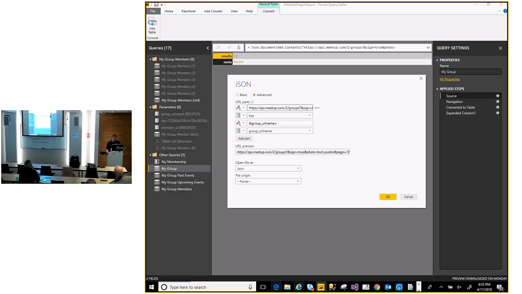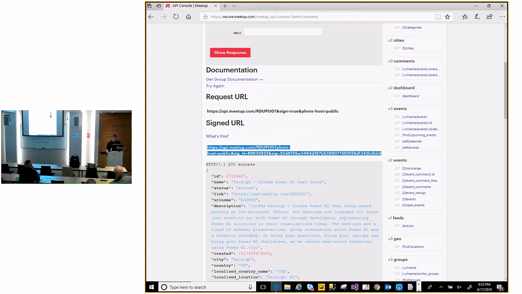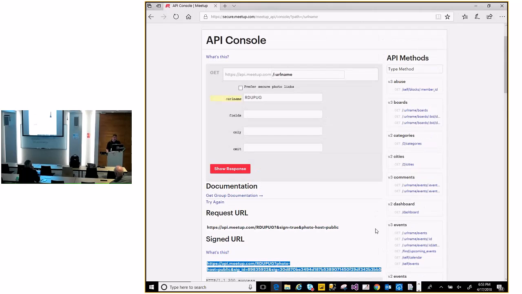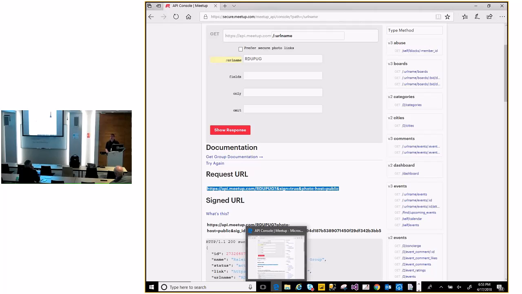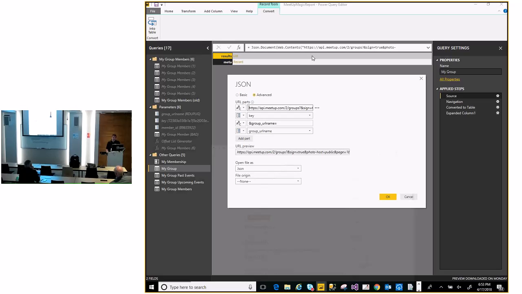So what I did is go out to my console, and instead of taking this signed URL, I would use the console to get the results that I liked. Then I would copy this out and simply tag my key at the end of it. And then I was able to get the response in Power BI just the same way as I do here in the console, but of course, without being logged in. So this is the way we construct that source.